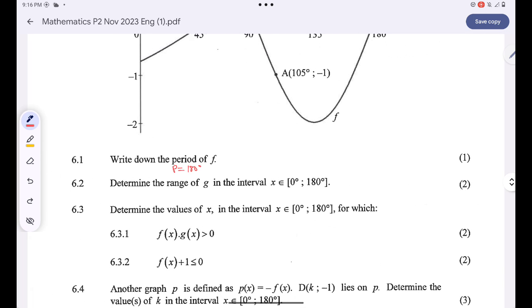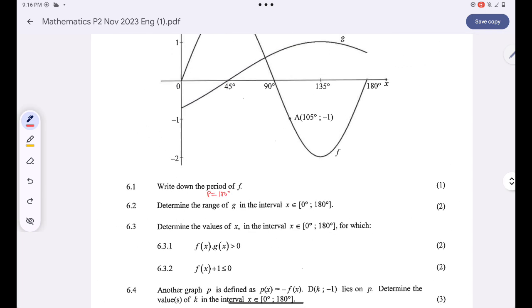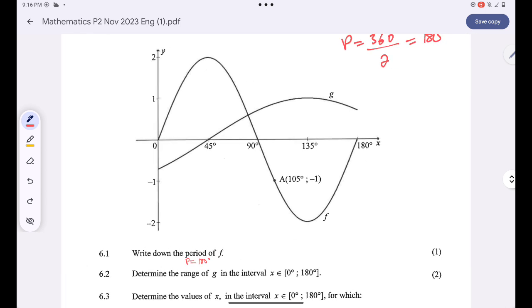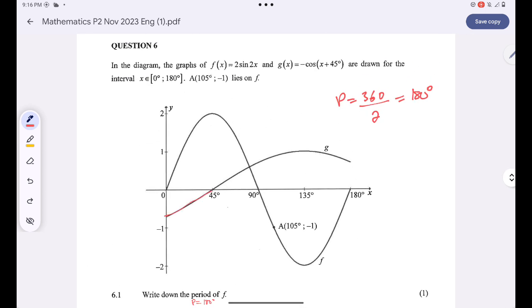Now I'm supposed to determine the range of g in the given interval. G is this graph, of course, over here. I know that the maximum value will be 1, but I don't know the minimum value because I don't know the value of the y-intercept. If I can find the y-intercept, I'll be able to determine the range. For me to find the y-intercept, I don't care what kind of graph I have. I just need to make x 0, solve for y. So all I need to do is to say,